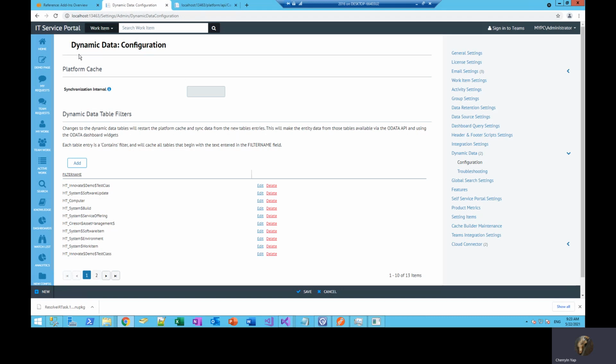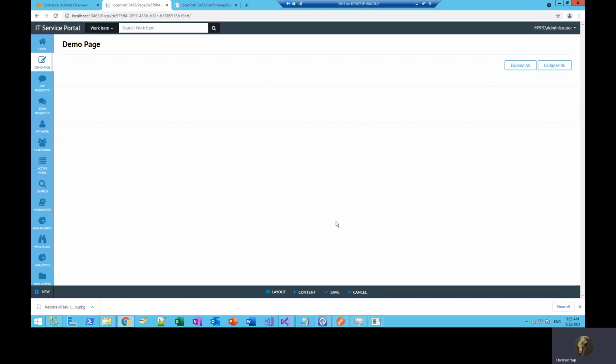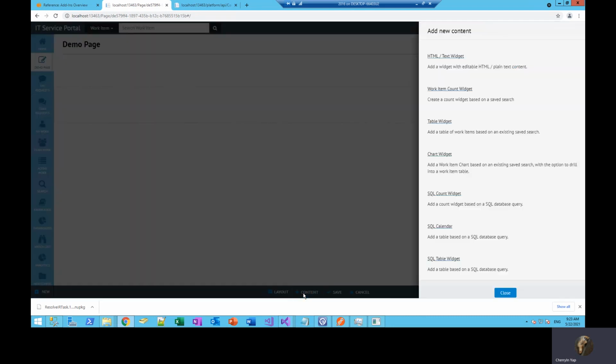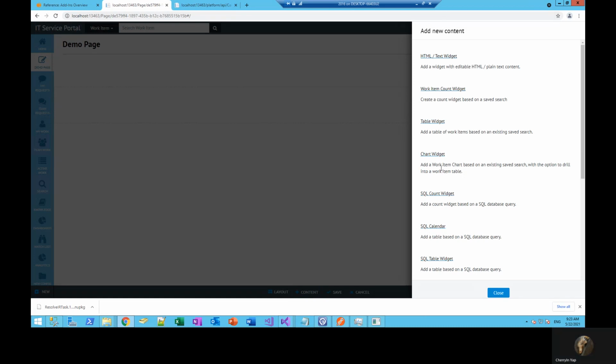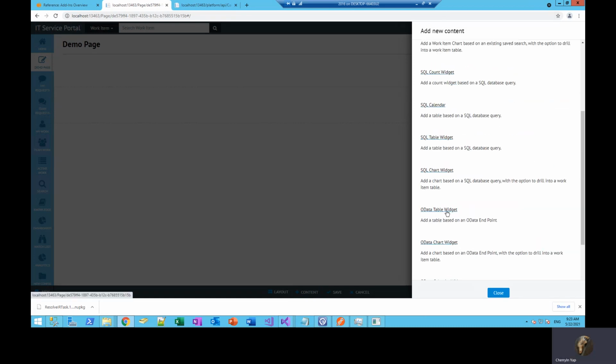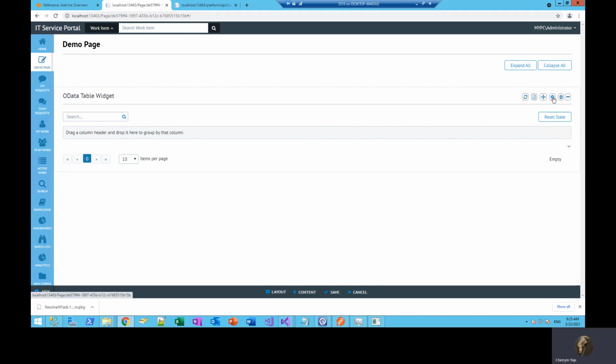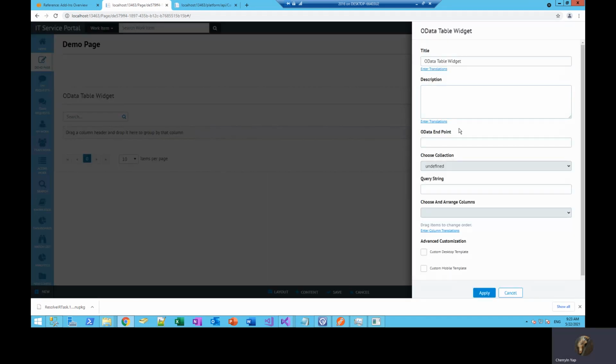Now that we have proven that we've got data over at our demo class, we can head back to the portal. Then on a dashboard page, or when you create a page, we can add in an OData table widget. Then if we head over to the configuration section, this is what you will be able to see. Get a title, description, OData endpoint, which will typically be platform/API.